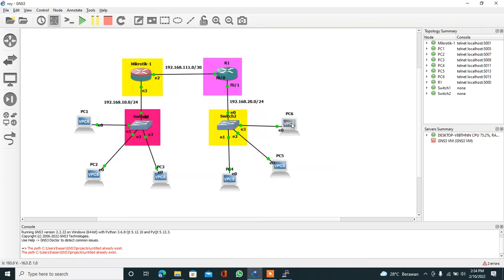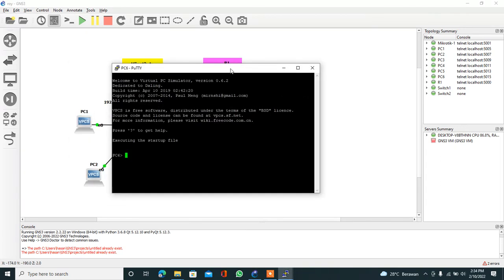Next, on PC6, you can type ip dhcp, enter. Waiting for a minute.